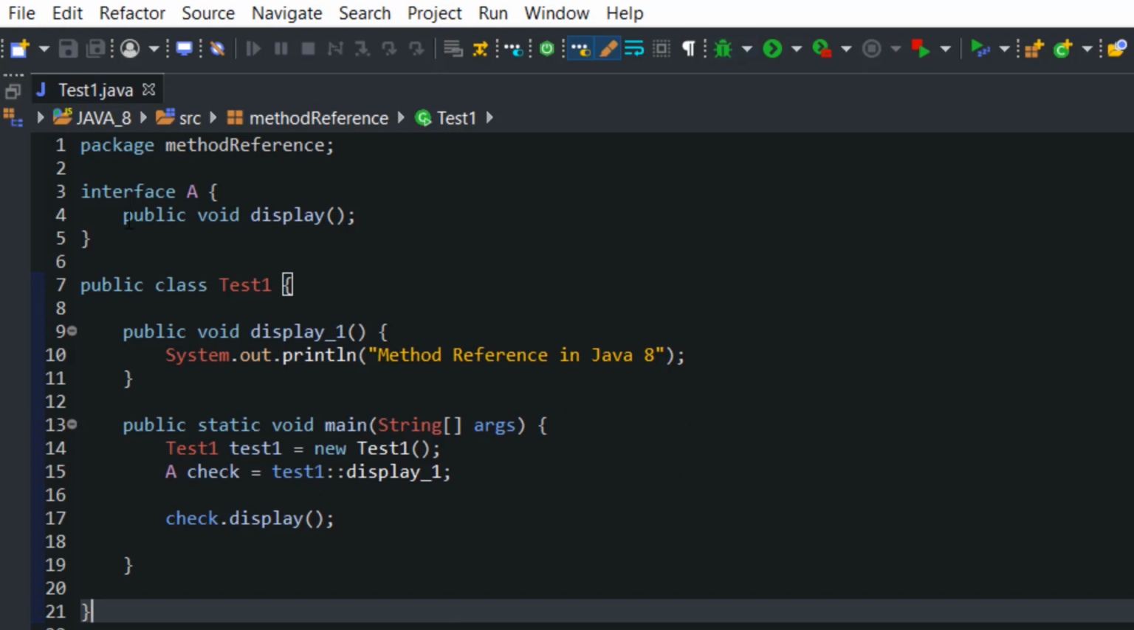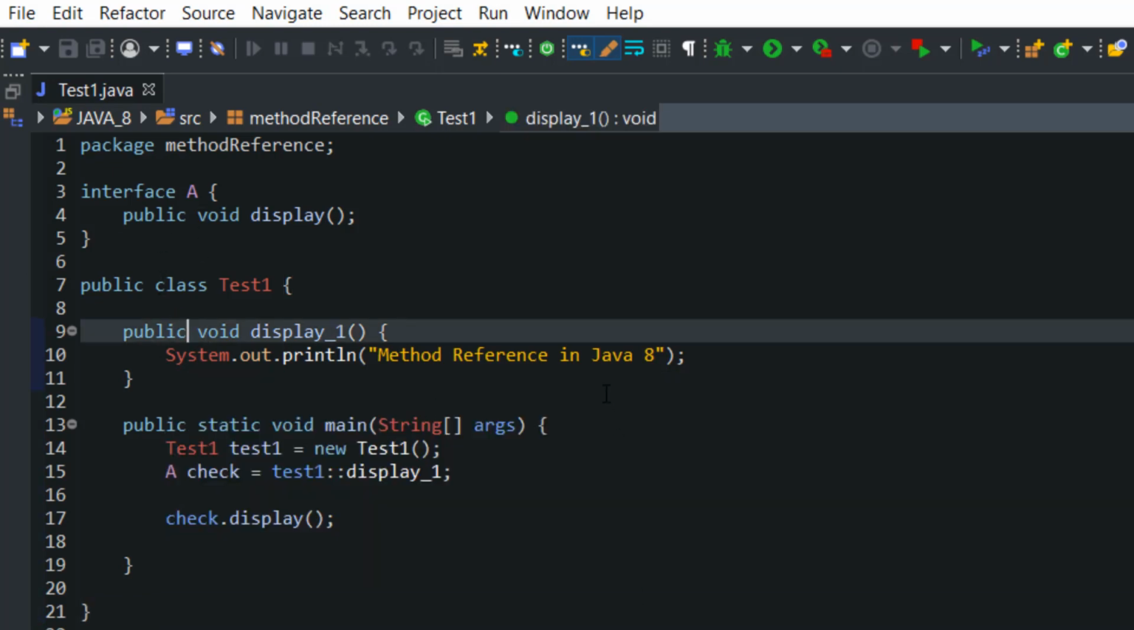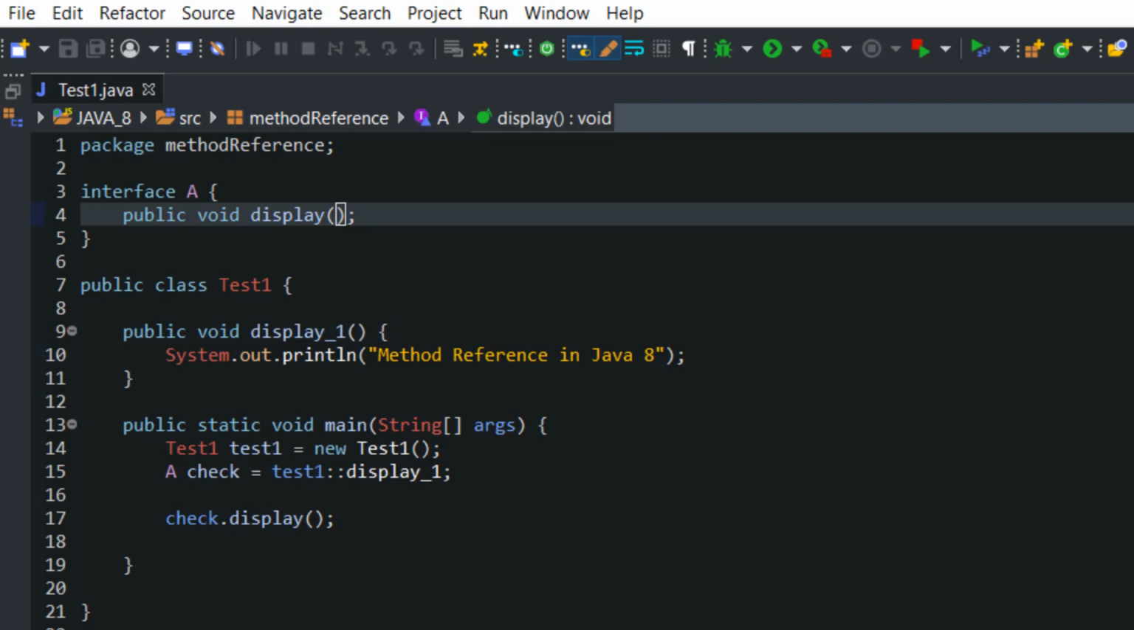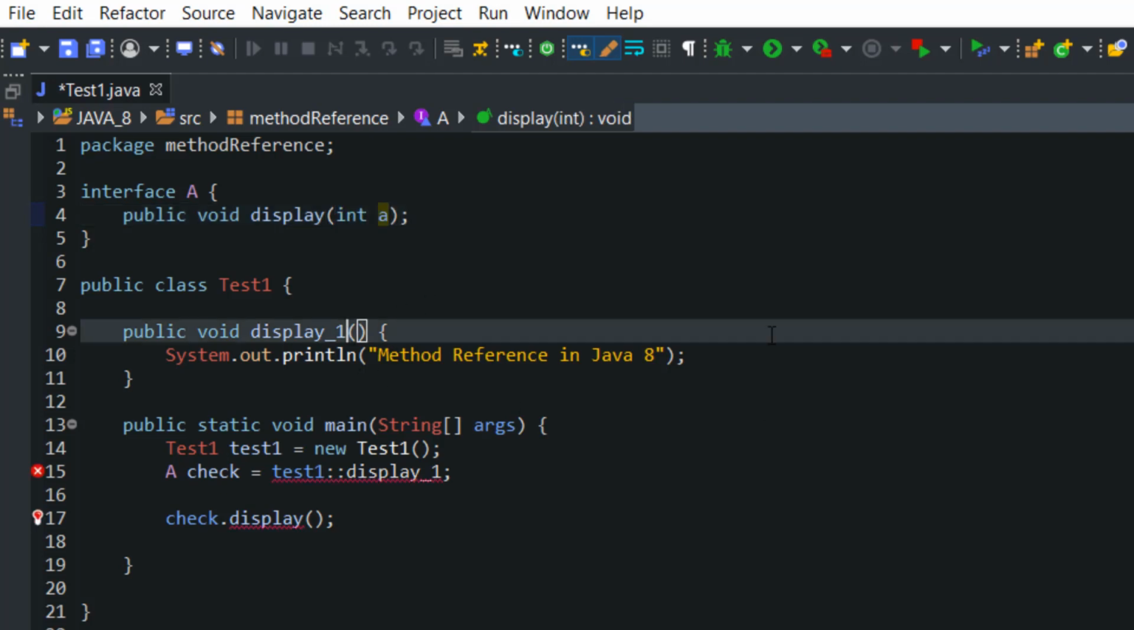In method reference, if we want, we can take different types of access modifier. If we want, instead of non-static, we can take static. That also it will accept. We can take different types of return type. We can take different types of argument. For example, here I will accept int a, and here we can take float a, but we need to keep one thing certain, that the number of arguments